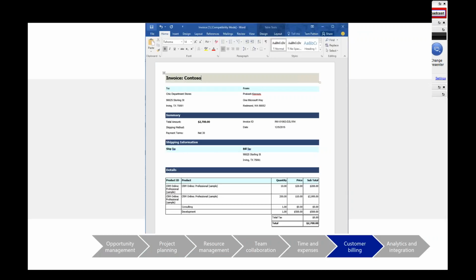And then, very importantly, the customer billing. Instead of having some disconnected process where the project management and execution are happening in one system, yet another system has to be the system of record for billing, being able to look at what we've executed on within the PSA system and then have those elements automatically generate invoices based upon the work that's been performed and according to the contract basis that we've engaged on, whether it be fixed price, time and materials, milestone based, etc. Having invoices come out on that basis allows us to get these things out to the customer quicker,